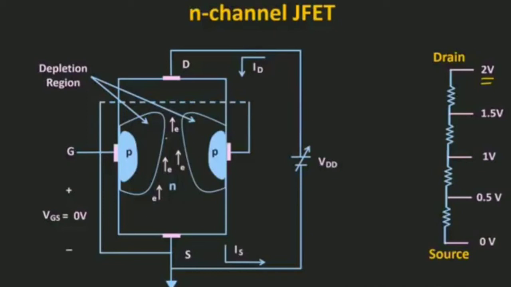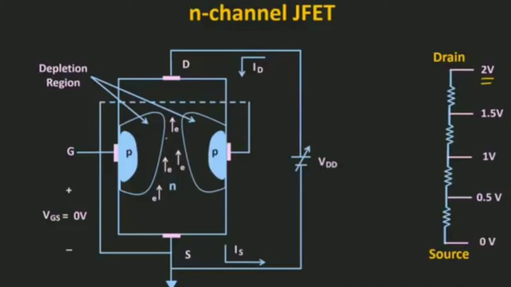But in reality, it is not like that. In fact, once the pinch-off condition is reached, the current ID reaches saturation. So let's understand why it is so. First of all, let us assume that once the pinch-off condition is reached, ID is equal to 0. If that is the case, then the absence of the drain current would remove the possibility of different potential levels across this N channel. Due to that, the reverse bias across the PN junction would be removed, and that would result in the loss of the depletion region, which causes the pinch-off in the first place. So basically, this current ID will become 0.